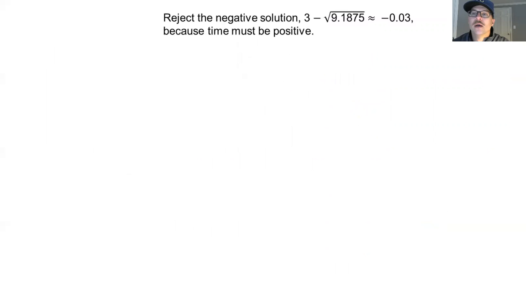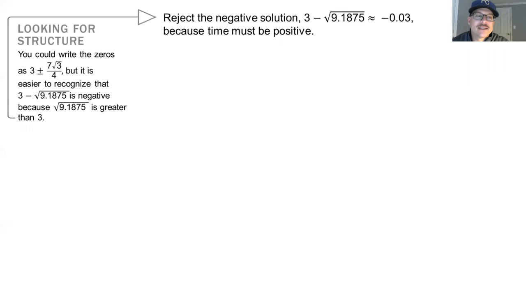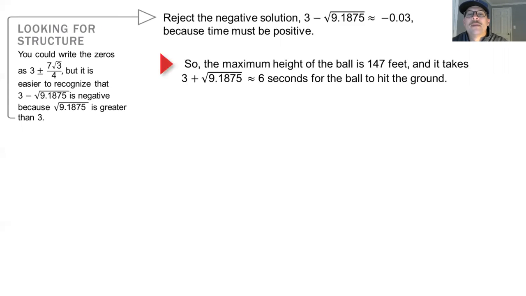So the -0.03 doesn't mean anything, because that's either your starting point or maybe the ball just passed the plate a little bit. That's the starting point of where the ball is hit. And then you need to find the positive one: 3 plus the square root of 9.1875 is approximately 6 seconds for the ball to hit the ground after it reaches